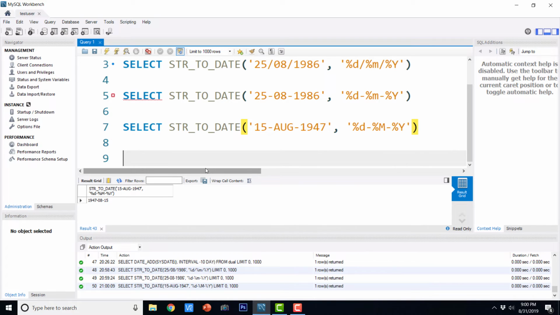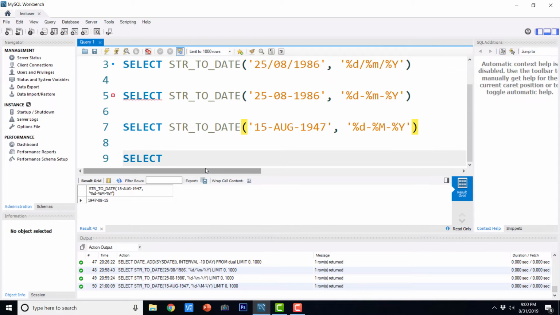Now we are going to see the other function known as DATE_FORMAT. So the first argument is the date and the second argument is the format in which we want to convert that date. So you can use sysdate or you can use a date column from the database table.